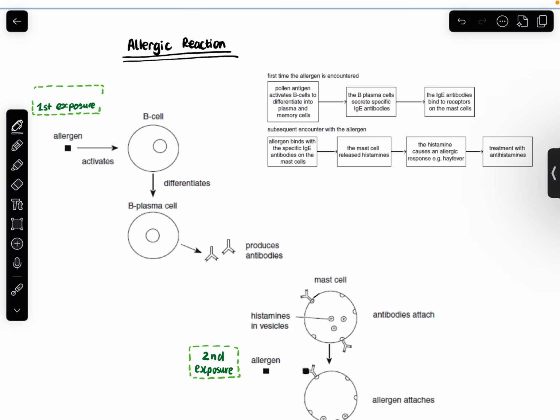Okay, so let's start learning about what the allergic reaction is. An allergic reaction is a hypersensitive reaction to something that is non-pathogenic, which is called an allergen. Now, an allergen is basically, it could be different things such as pollen, it could be cashews, pistachios, and all these things that you could think of that